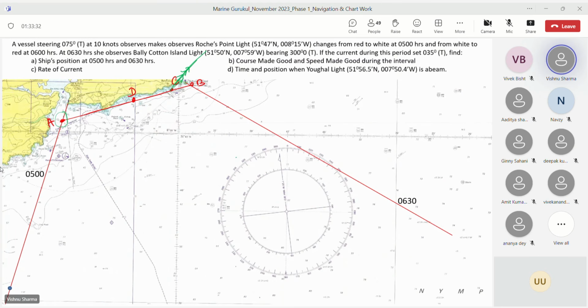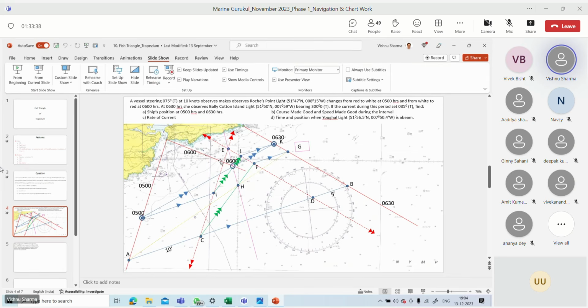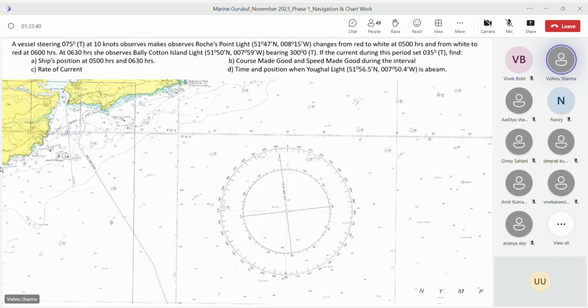You see. Now, okay. Discard, and now I'll do it here. Same thing. In the same question, I'll show you first PL, third PL. Okay. I have taken A here. I draw the CTS of 075. I get B here. I cut off 10 miles and I get C here, sorry. This is 10 miles. And half of it, when I cut from here, maybe I get D somewhere here. It doesn't make a difference. You can see the scale later on. Or maybe D is closer, whatever it is.